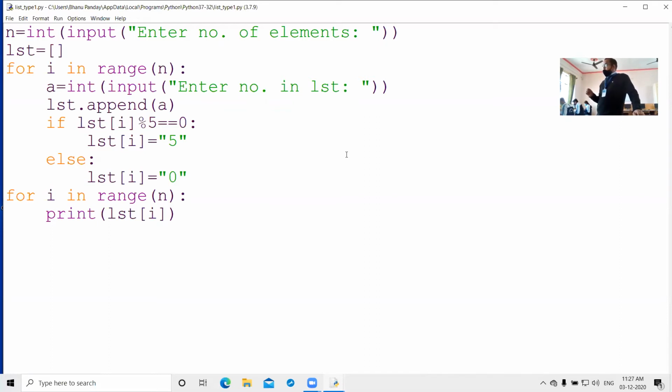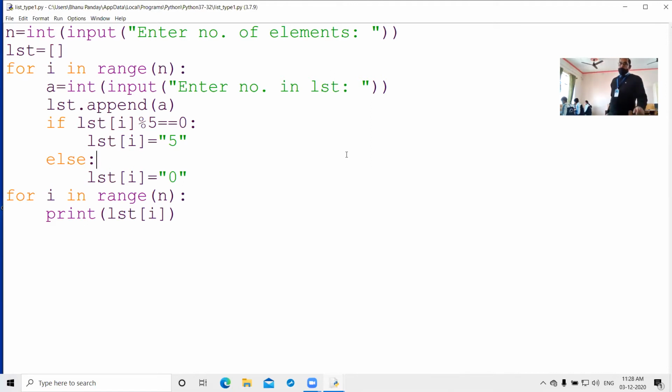Then lst is a list variable, and at the beginning you have to take the list as an empty list, so lst equals bracket open bracket close. After that, for i in range n, this loop is used to take values from the user and assign these values in the list by using the append function.